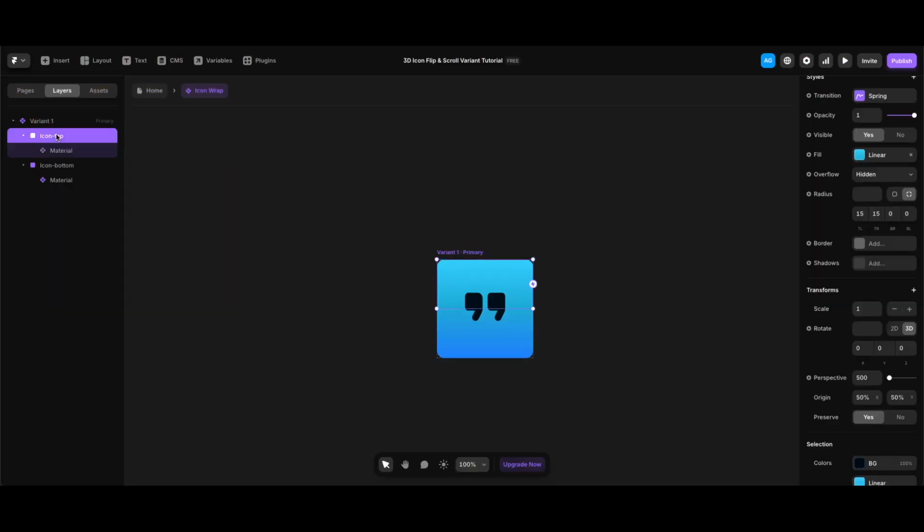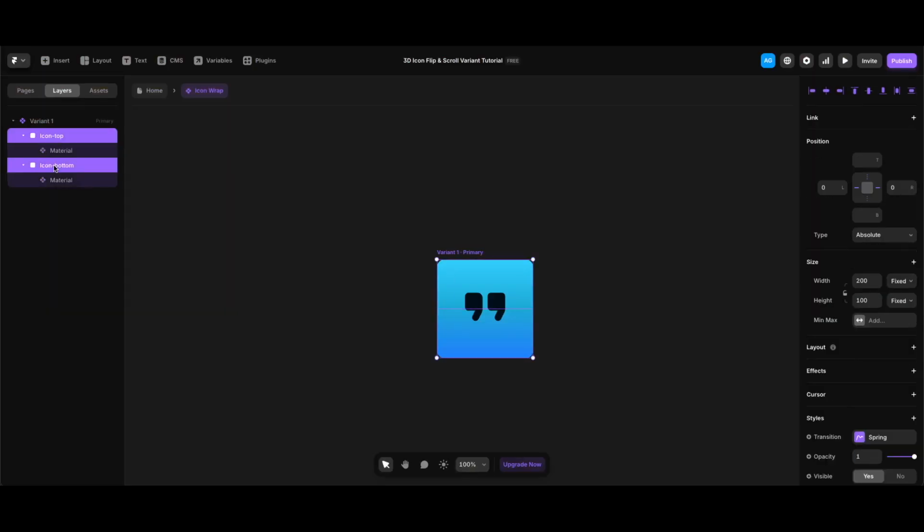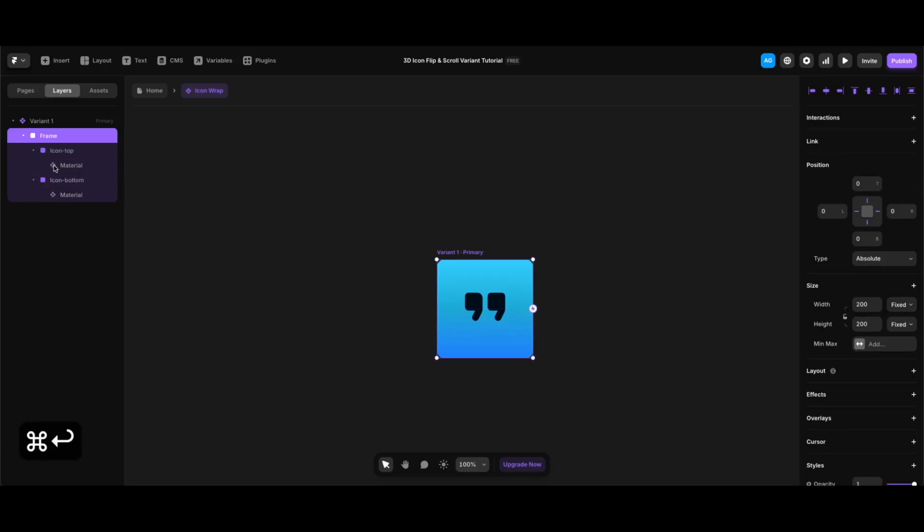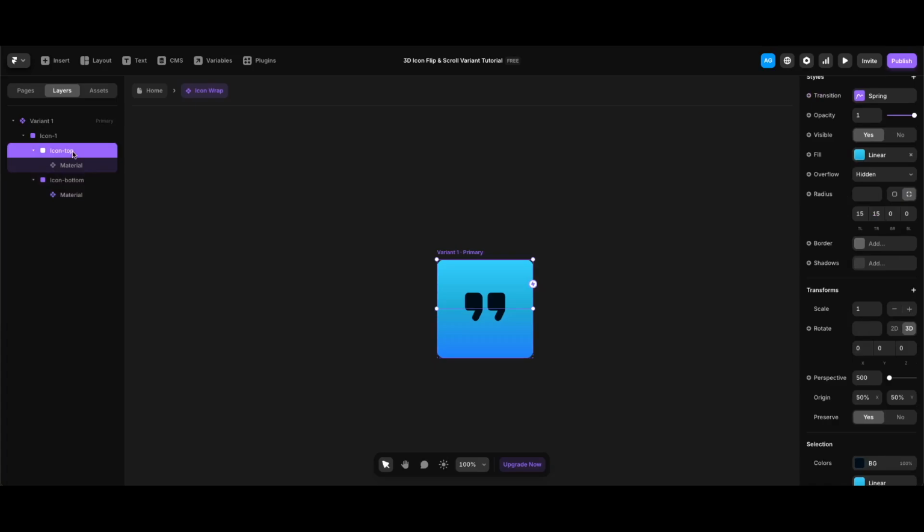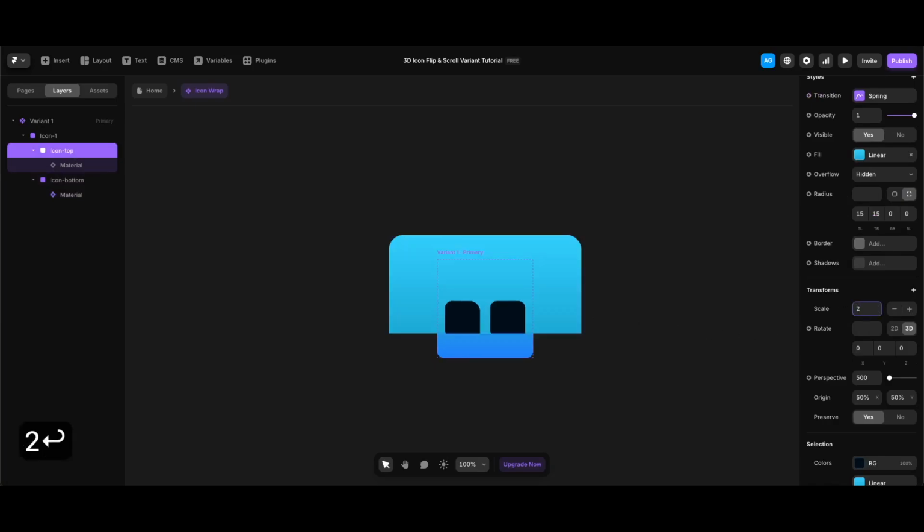So I will select icon top and bottom frames, and with command return, I'm gonna wrap them in a frame and name it icon 1. Now we can transform the top and bottom frames to start creating our animation. First, I will select icon top, enter 2 for its scale to create a better effect while keeping the icon's